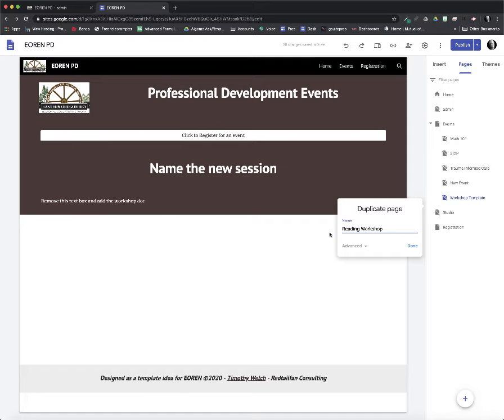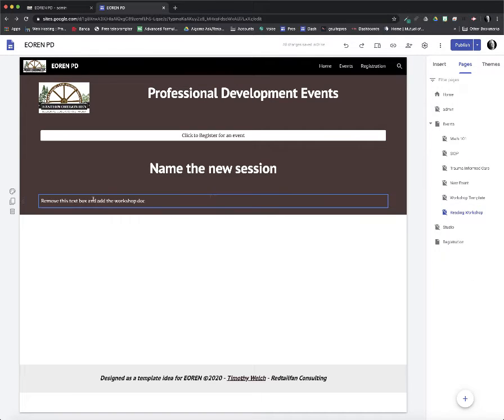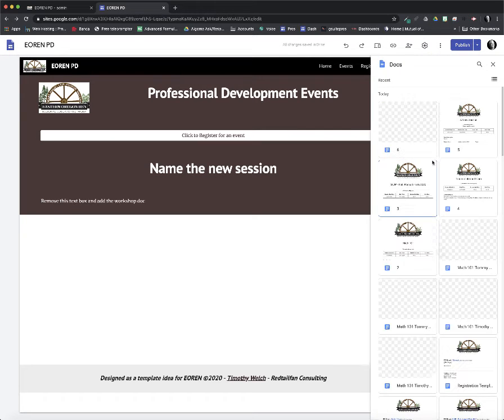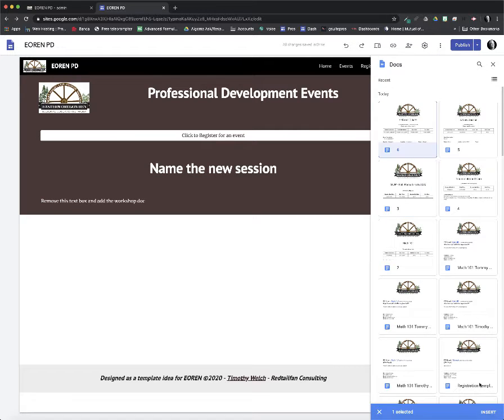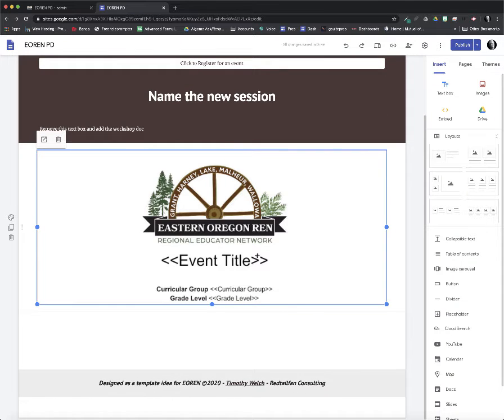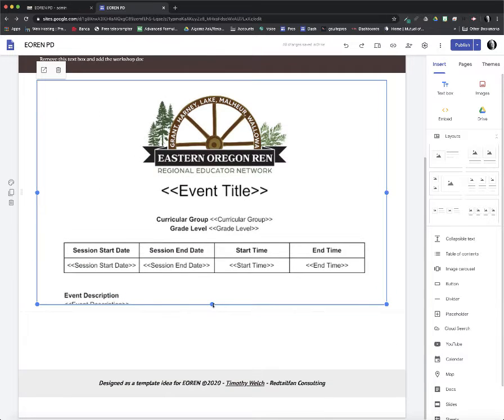Workshop, and be sure that you name this E6. That's the document number. Say done, and hide it from navigation. So those steps. And then it says to remove this text box and add the working doc. So I could just come in here, go to docs, and I should see this document number 6. And that should be, it's not showing its true information yet, but it will in just a little bit because